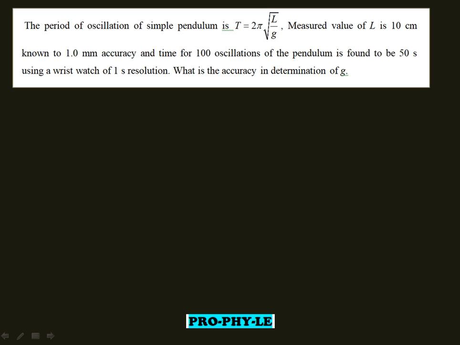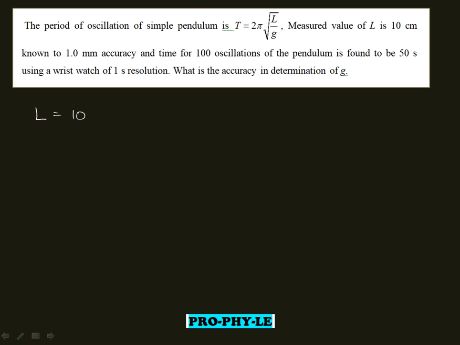The next question is like this. The period of oscillation of a simple pendulum is given as T is equal to 2 pi square root of L by g. Measuring value of L is 10 centimeters, known to 1 millimeter accuracy, and time for 100 oscillations of the pendulum is found to be 50 seconds using a wristwatch of 1 second resolution. So the accuracy in determination of g is, see here,